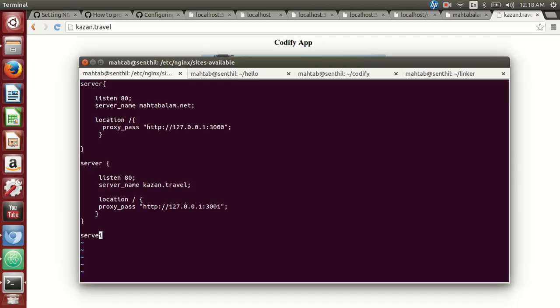Okay, server. Oh gosh, come on. What's happening with this? So, insert mode,